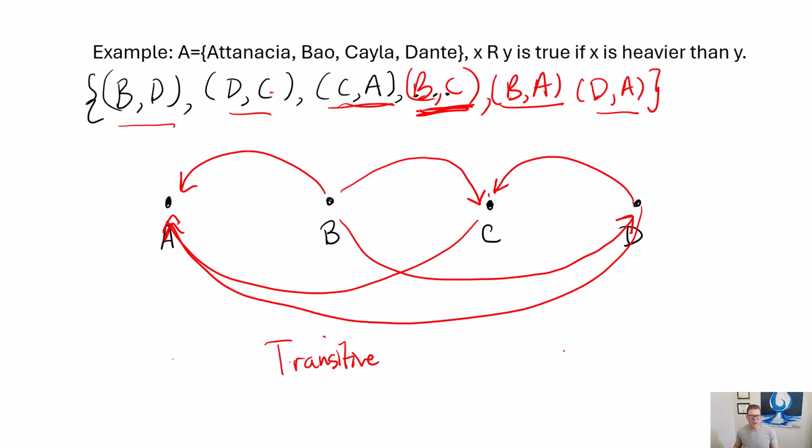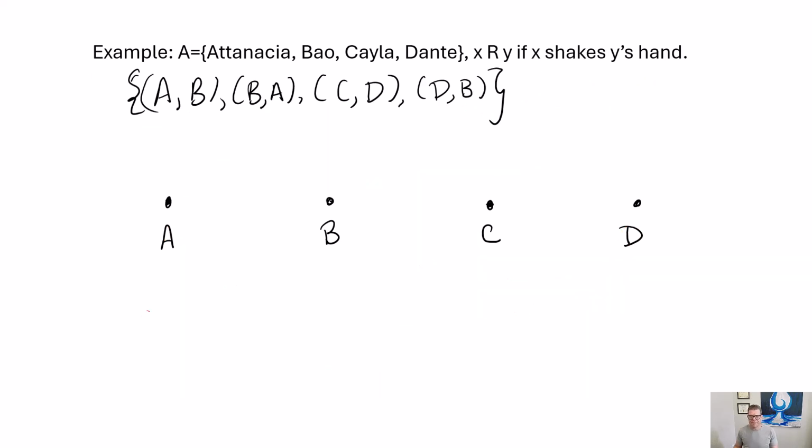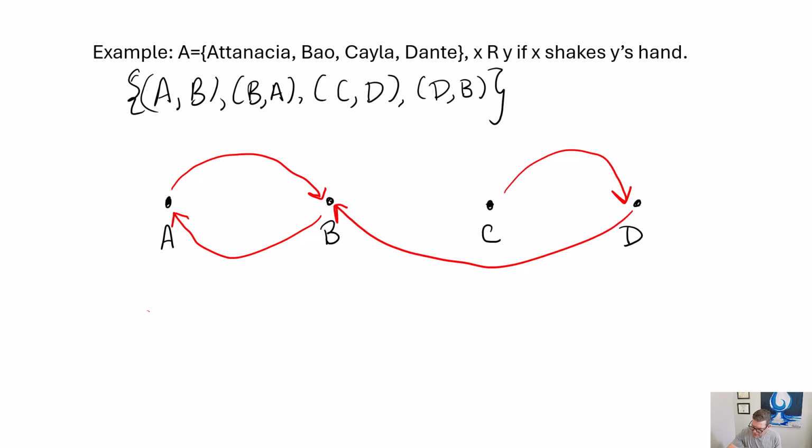Let's take a look at another relation, see if we can see something that's transitive. Let's say, for example, Adonassia, Bao, Kayla, and Dante are our group again, and we have x r y if x shakes y's hand. Now, we have Adonassia shakes Bao's hand, Bao will shake Adonassia's hand, Kayla will shake Dante's hand, and Dante will shake Bao's hand. Now, the truth is we could probably assume that Bao will shake Dante's hand back, and Dante will shake Kayla's hand. But notice I've got A to B,